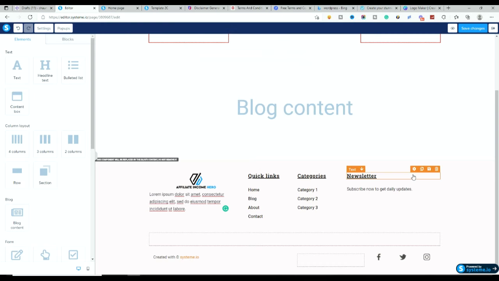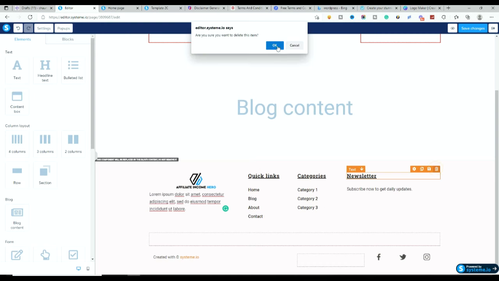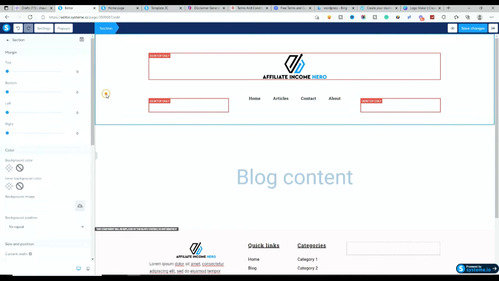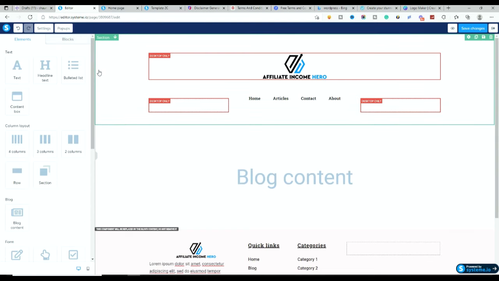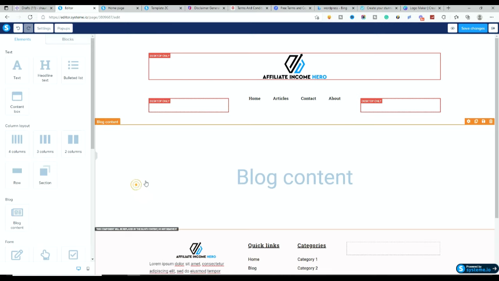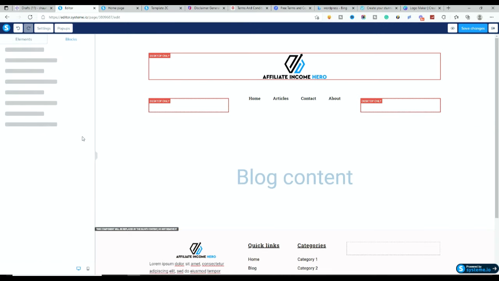Okay, and then we'll get rid of newsletter. Okay, and there we go. And close. Again, you can change the color of all this. So if you wanted to change the background section, you can change that. If you wanted to change how this blog content appears, you have all of the options in the side column. You've also got blocks which you can add into your